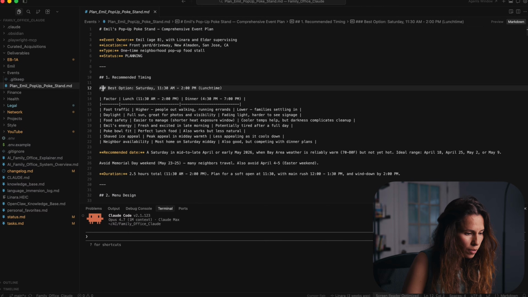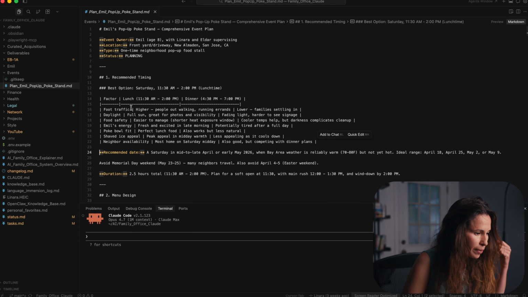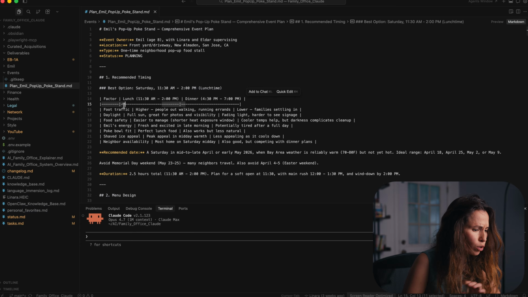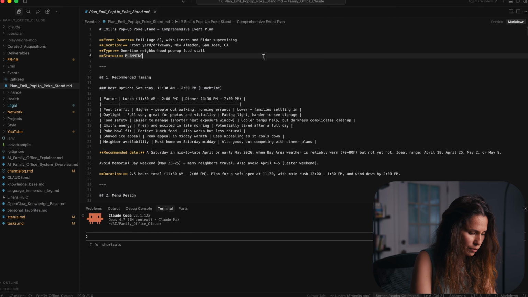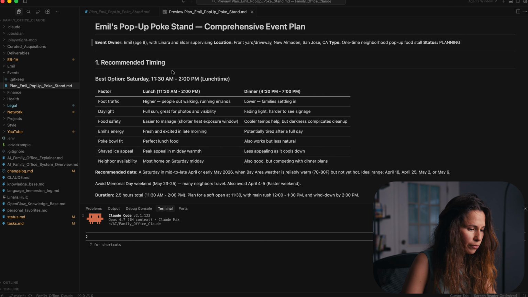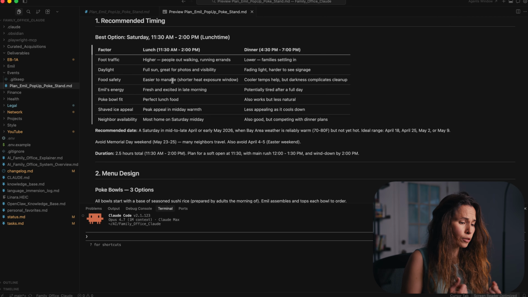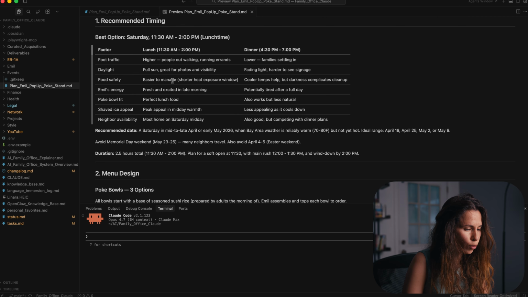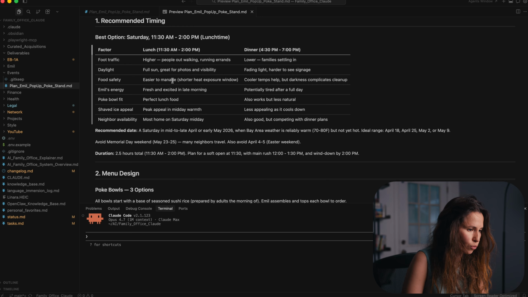Hash symbols for headings, asterisks for bold, pipe characters for tables, all visible as raw text. You can hit Command-Shift-V for side-by-side preview. That preview is functional, but not pleasant. It is built for code-adjacent documentation, not for the kind of long-form reading you do when you are reviewing a research brief, scanning a structured document, or navigating a knowledge base of hundreds of nodes.